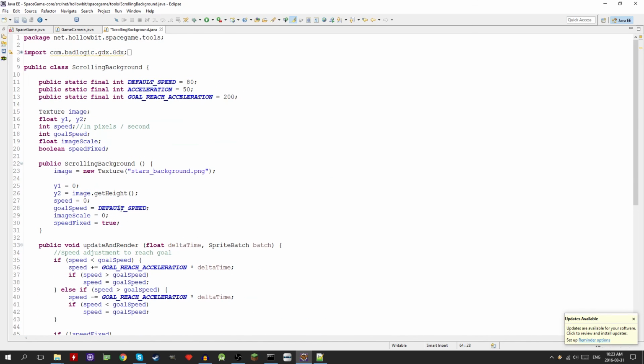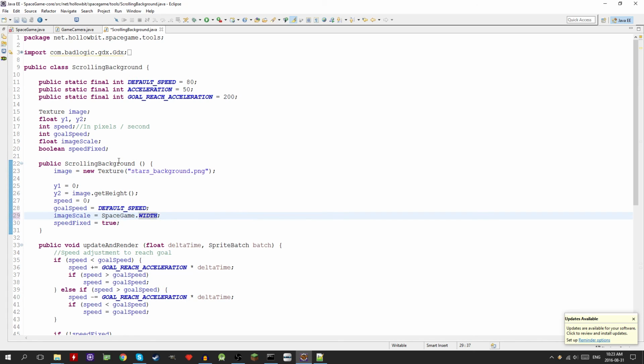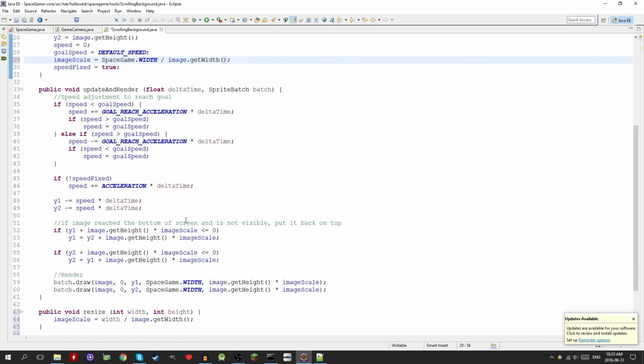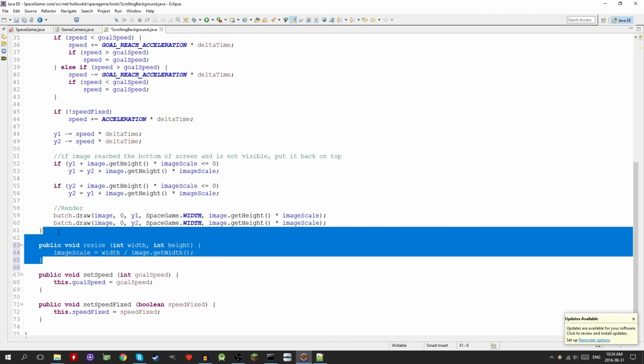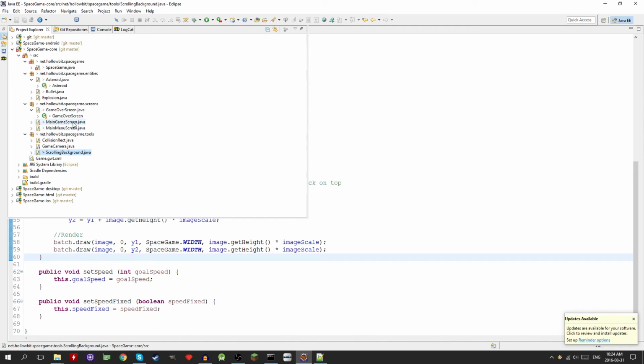Okay, I see. Alright, and just set image scale here, so space game dot. Anyways, that's good. We'll just remove the resize call here, refresh, and then we can actually go to main game screen,